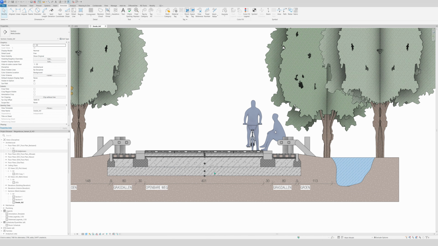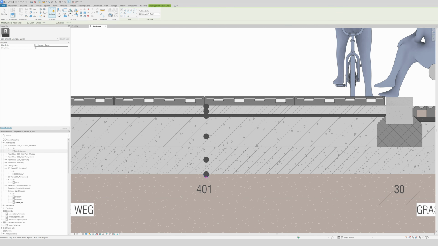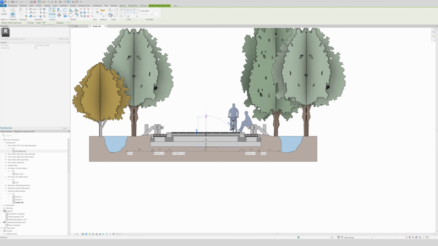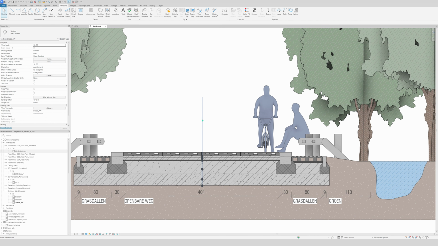This seems quite alright. Now we're gonna use a detail line again. We're gonna select the detail line that we want. We will pick the black one like this. Okay, then we're gonna snap to the circles and just draw a straight line like this,